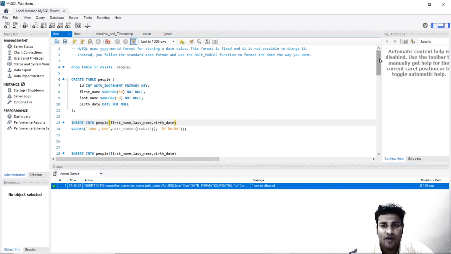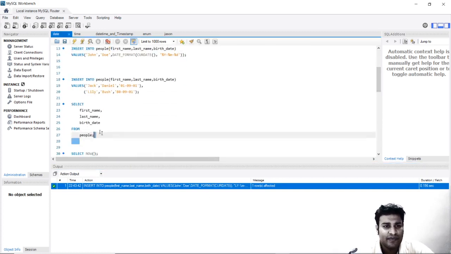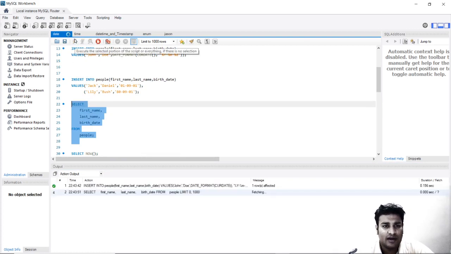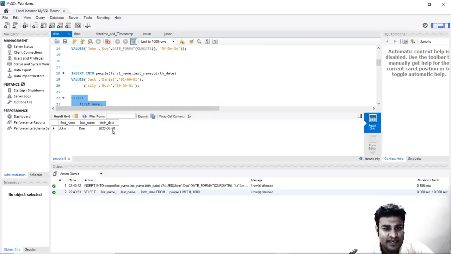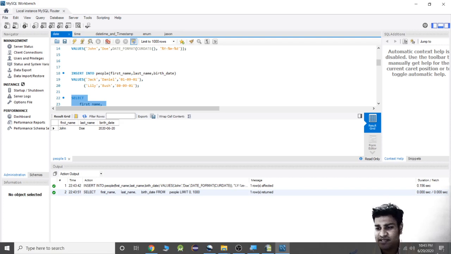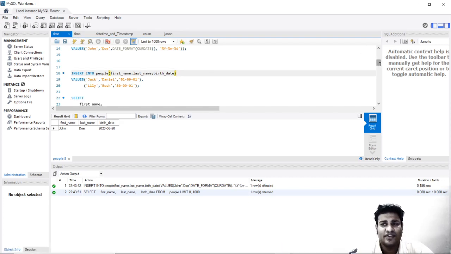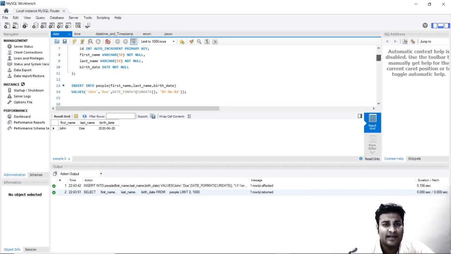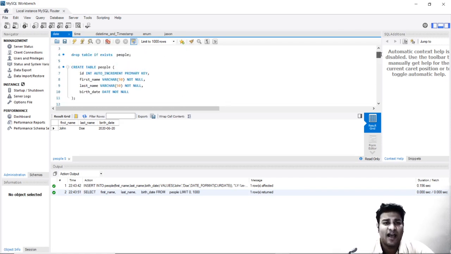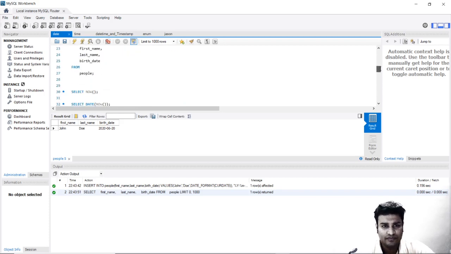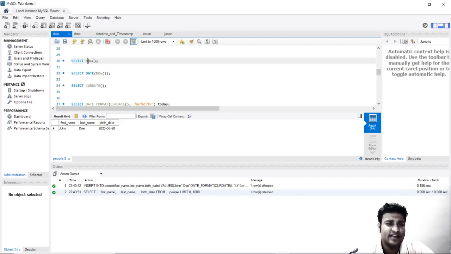When I go ahead and see my particular instance, it shows the 26th of 2020, which is the current date. So this is something you can use to insert the current date. But yes, in date we have various other options. You have to learn these two functions in date, which are now and current date.